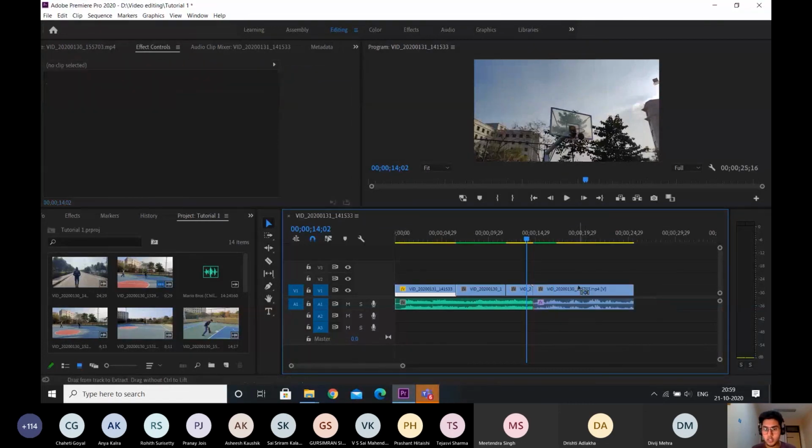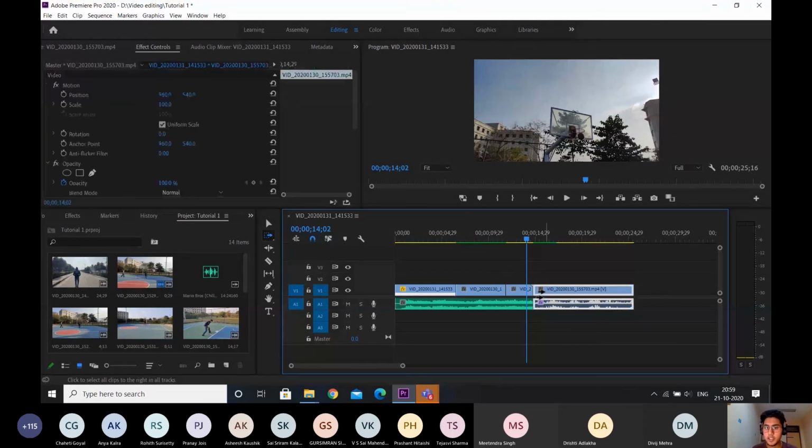It's not necessary that you select everything like this, and you can miss something which can actually destroy the whole project. So a better way to do that is just press A. A is actually selecting all. If you come over here, the track select forward tool, that's really complicated, just remember it as all. So basically it's at A right now. If I click now, it actually selects everything in front of this point.